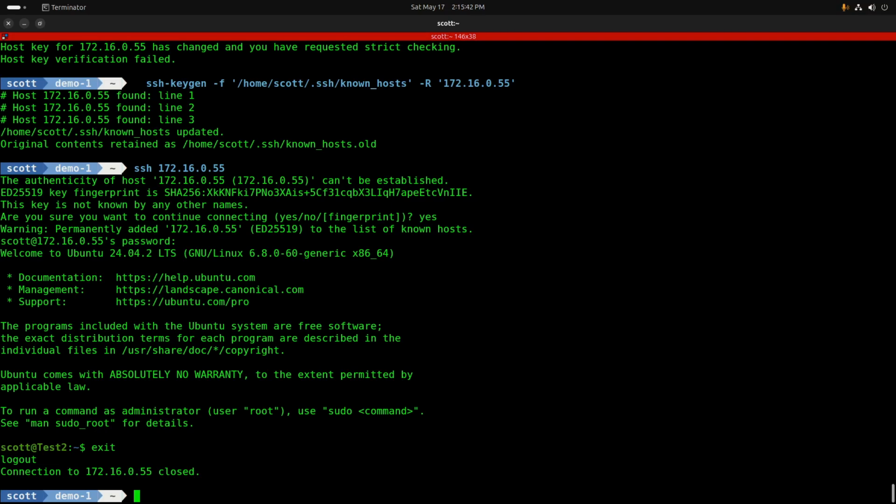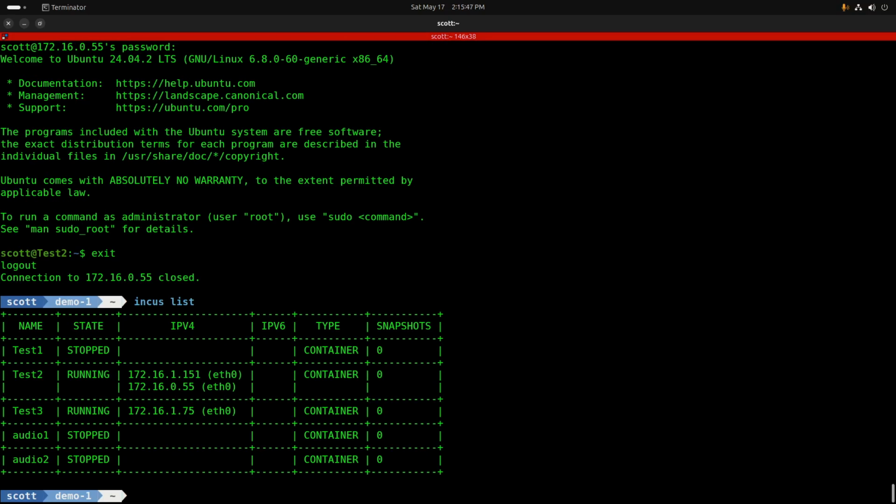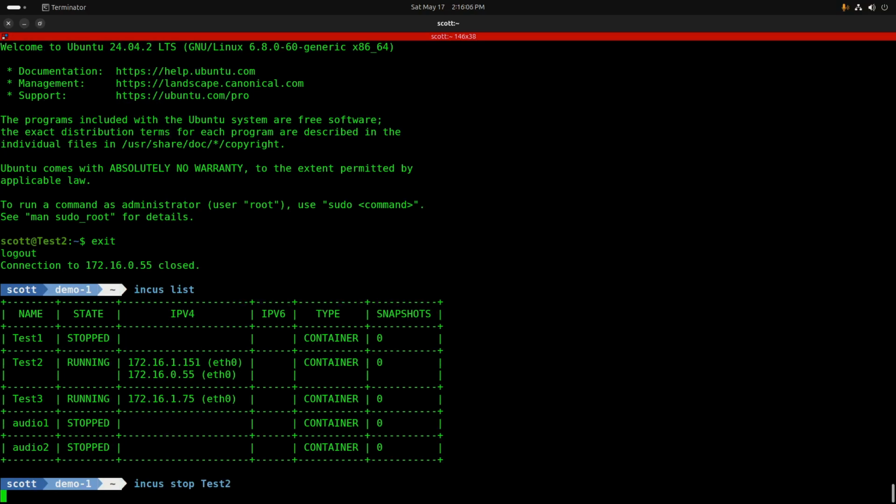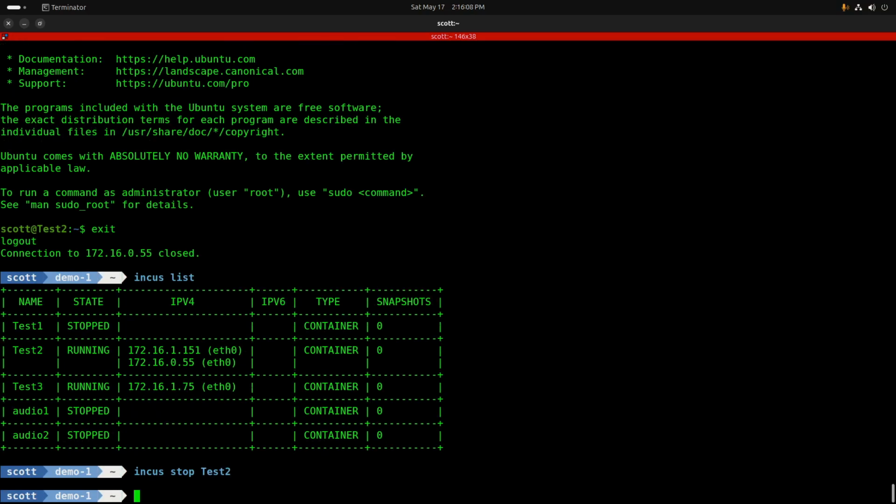If I exit out of this container and I do an incus list, you'll notice that test1 is stopped. It's the master. Test2, though, has taken over the address of 172.16.0.55. Likewise, if I do an incus stop on test2 and wait for it to stop, and then do an